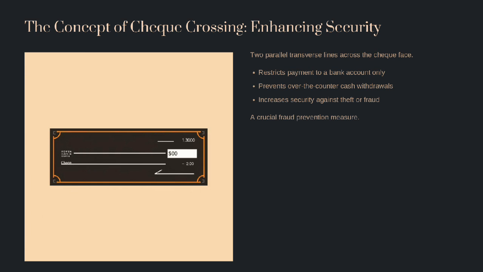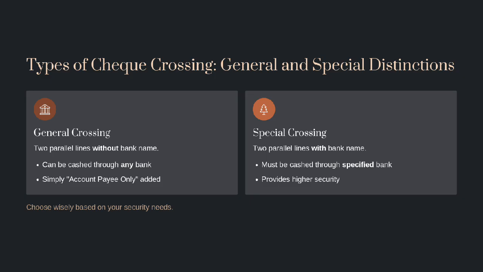Crossing generally gives the procedure for payment of such checks. Sometimes checks may be issued with a cross to denote that payment must be made only through a bank. The receiver of the amount will be mentioned in the crossing of the check. The crossing of a check can be done by the holder of the check or the banker. There are two types of crossing of a check: one is general crossing, another is special crossing.